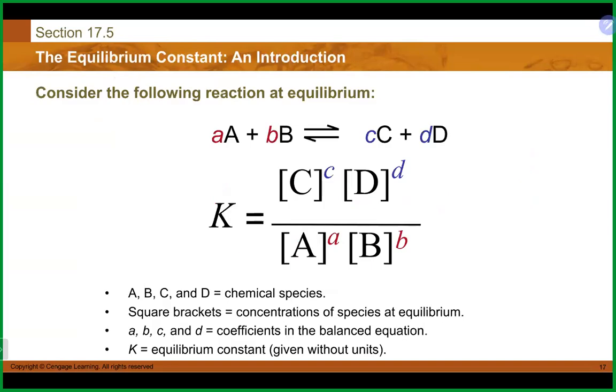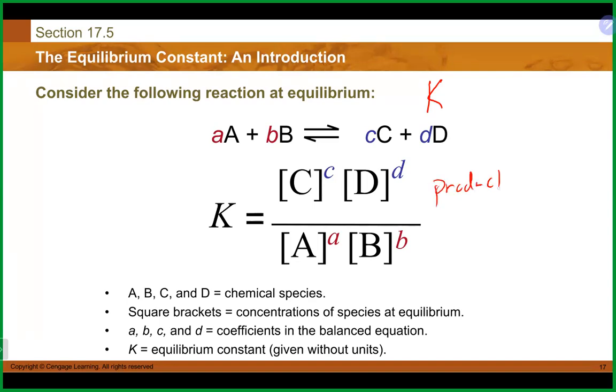So let's take a little look at the equilibrium constant. The equilibrium constant is the letter K, and it is capital K, as opposed to the lowercase k you learn in 1B, I think, where they teach it here, which is the rate constant, which has to do with the rate in kinetics. Capital K is the equilibrium constant. And to write the equilibrium constant, when we have a reaction such as this, we take our products,